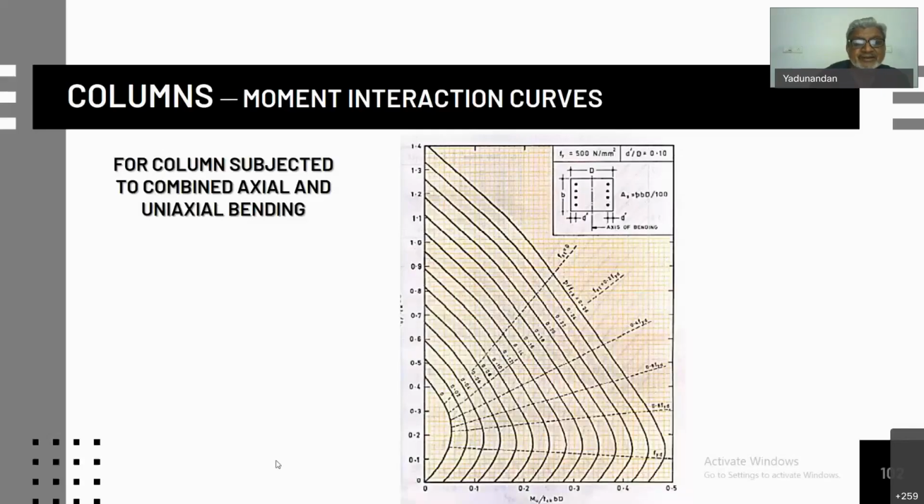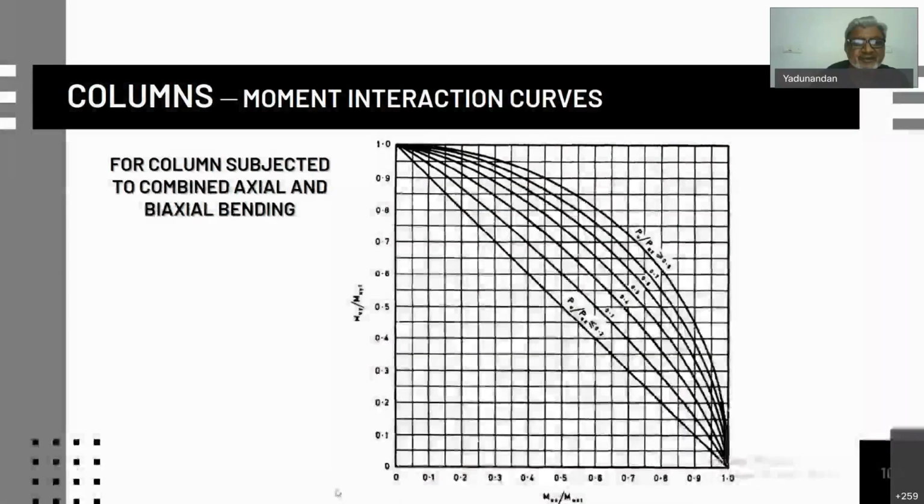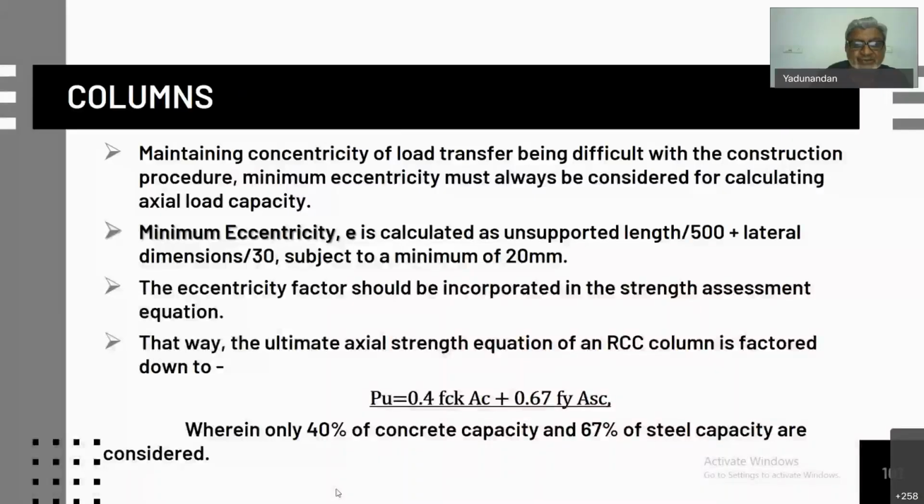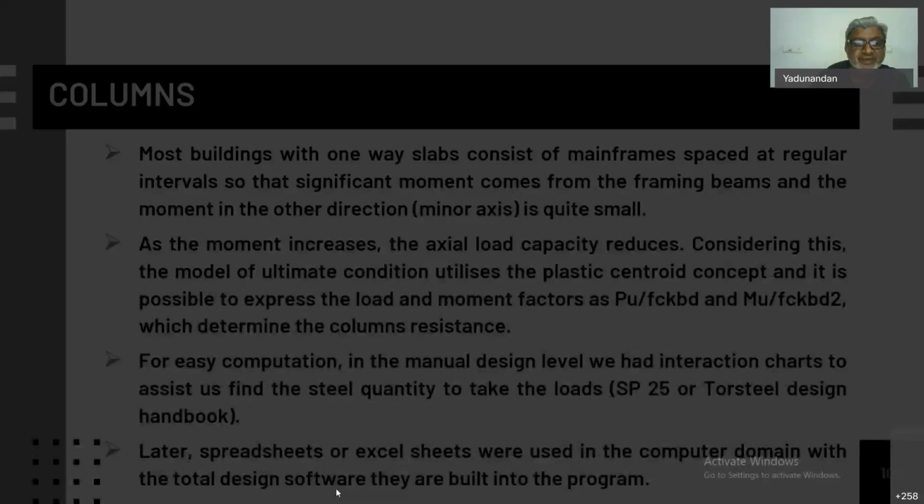For columns subjected to moment and axial load together, as the axial load increases and the moment increases, the reinforcement percentage increases. You use the interaction charts and provide the reinforcement such that the maximum reinforcement percentage limits are also not crossed, and it is capable of taking the load and the moment at the same time. Similarly, for axial bending also make a trial and error procedure where the load factors that are used are Pu by fck b D and Mu by fck b D